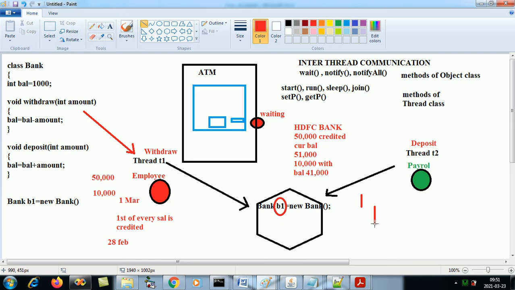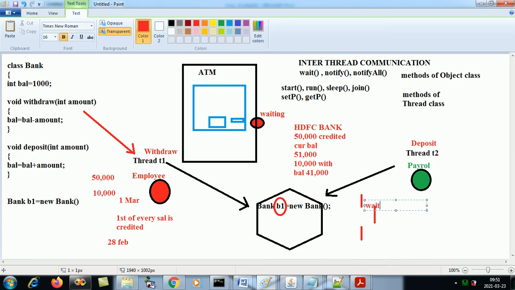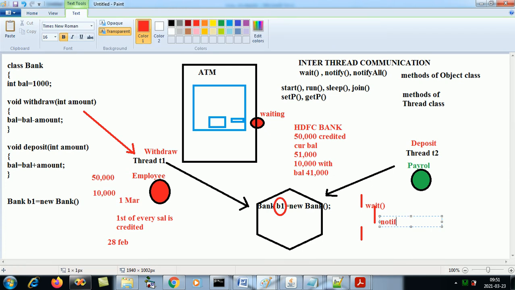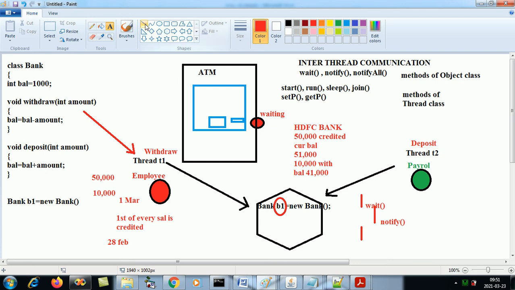Once T2 processes and sends a notification to T1, then T1 will resume. So here T1 will wait, and once T2 sends the notification, T1 will continue its execution, and T2 can also continue the other part of its job.